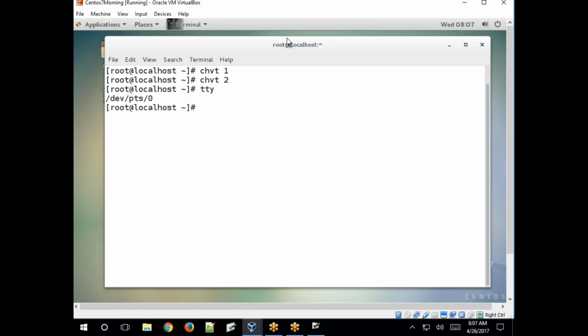This is a subterminal, and here it shows pts, a pseudo terminal. This is a subterminal, but the main terminal type is tty1, terminal type 1. Okay, clear? Like this, you can switch between consoles with the chvt command or by using Control Alt F1 to F6.